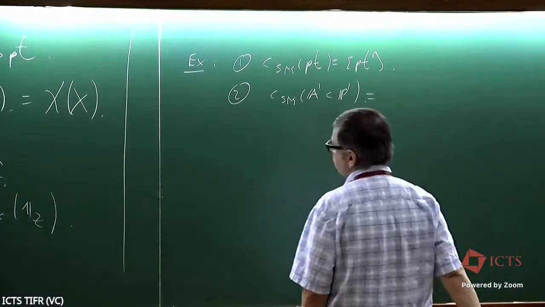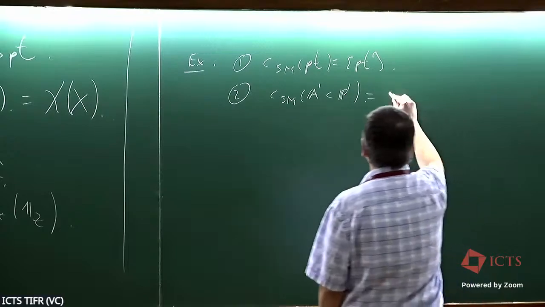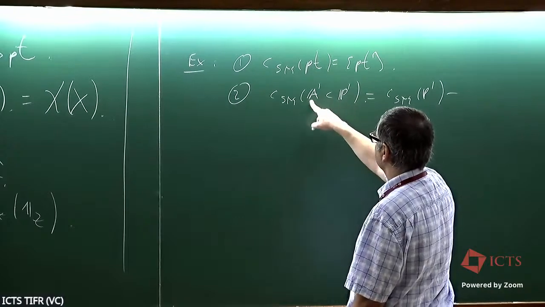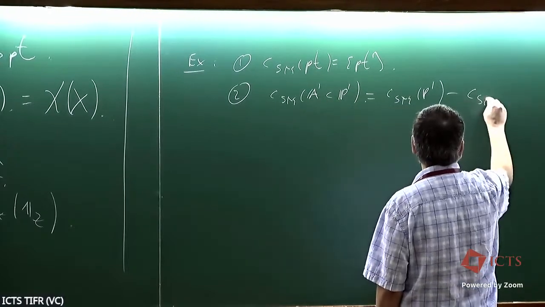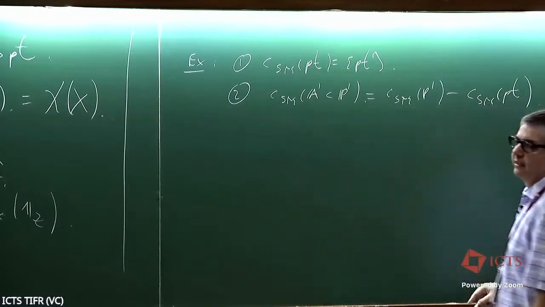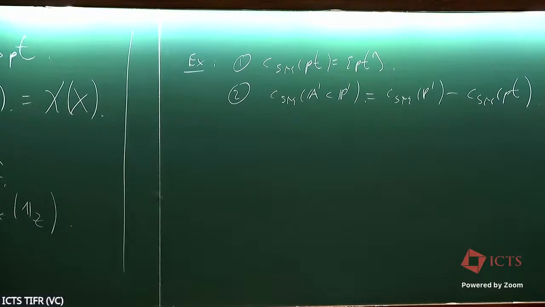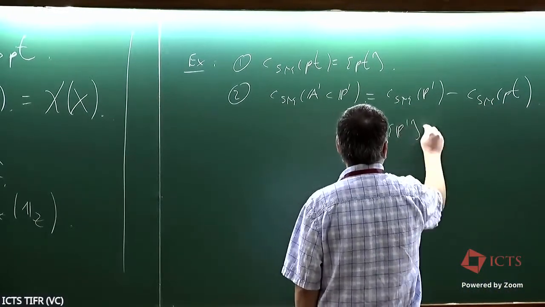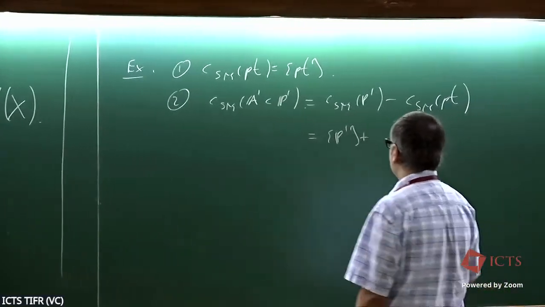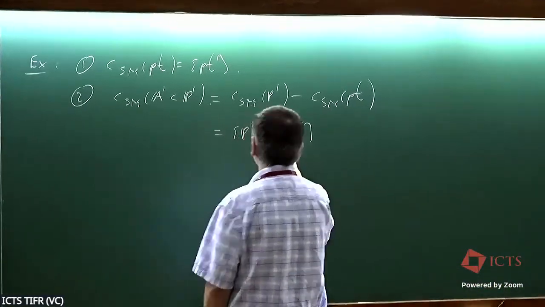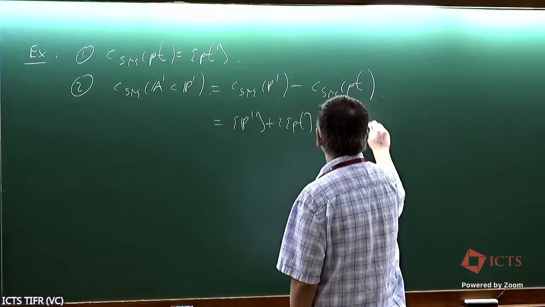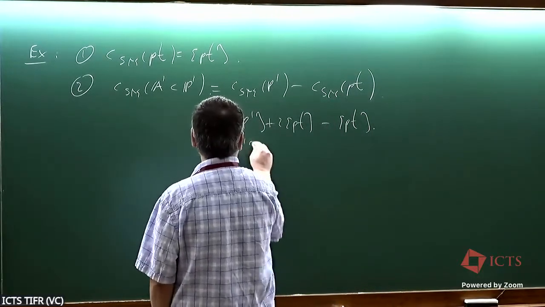Here we use additivity. This is going to be the CSM class of P1 inside P1. P1 is just A1 union a point. So this is the class of P1 minus the CSM class of the point. That's because the indicator function of A1 is the indicator function of P1 minus the indicator function of that extra point. Now P1 is smooth, so you can just calculate. You can use the normalization property to get this. Of course, you must get 2 here, because that's going to be the Euler characteristic of P1. So minus a point. So what you get here is the class of P1 plus the class of a point.